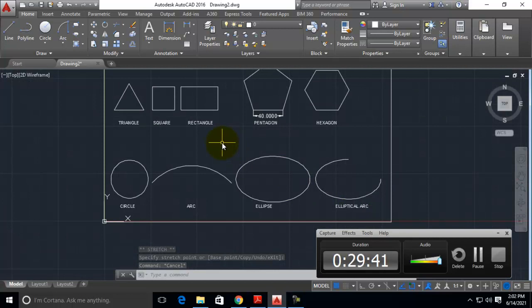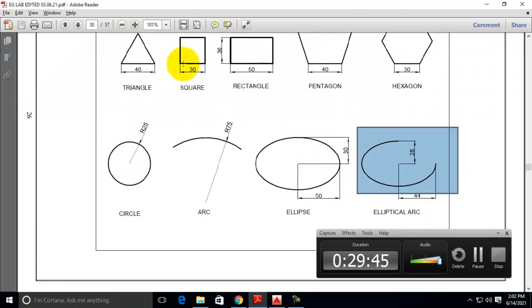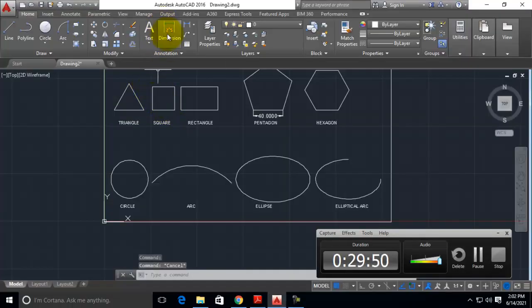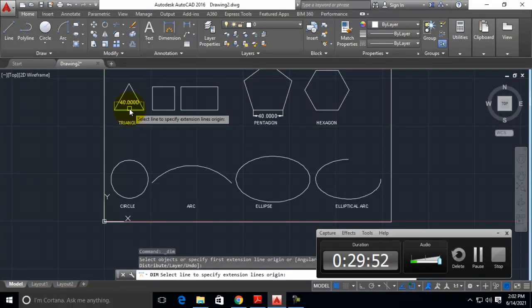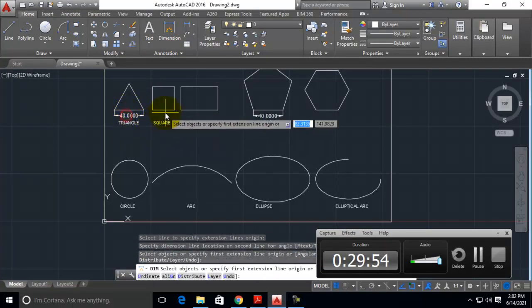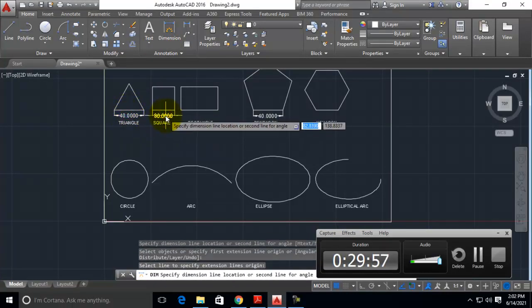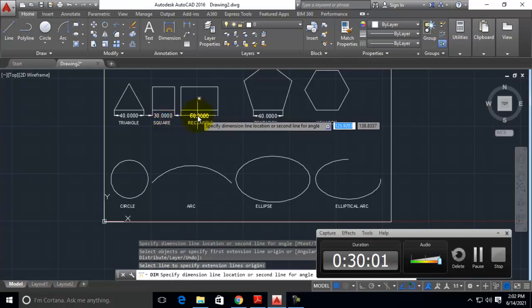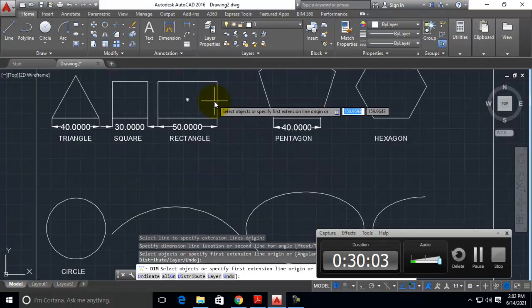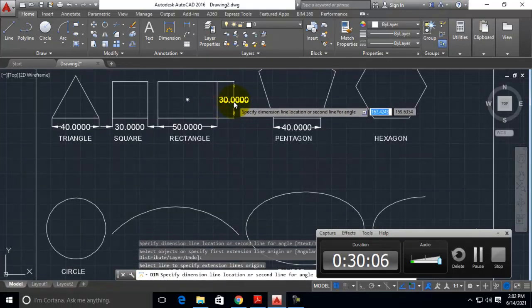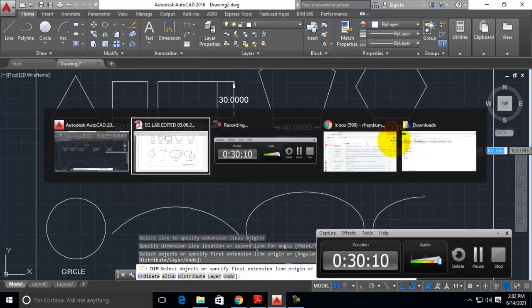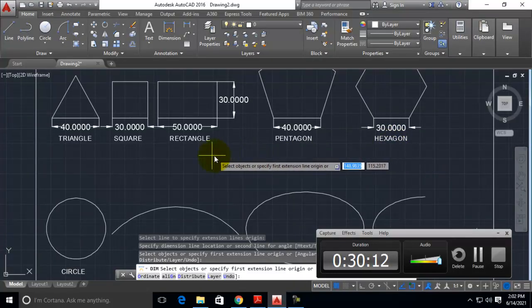Now what is left is we have to give dimensioning. For dimensioning, you dimension as it is given in this diagram. It will be better for us. First start with dimensioning the triangle, then the square. One dimension is enough. For both lines, 40, and this also, 30 is given. We have dimensioned them.